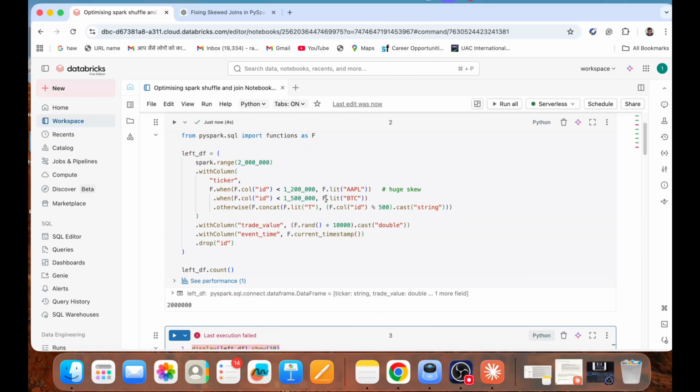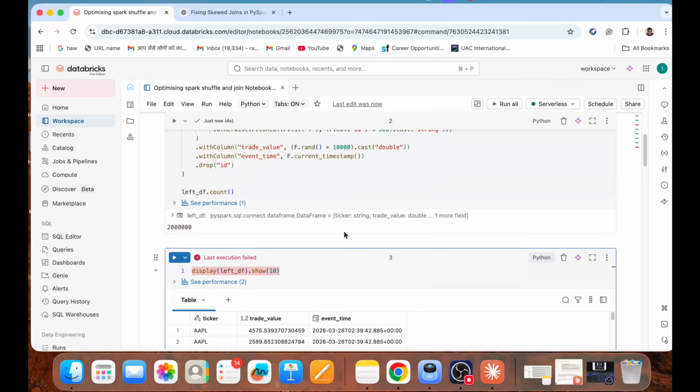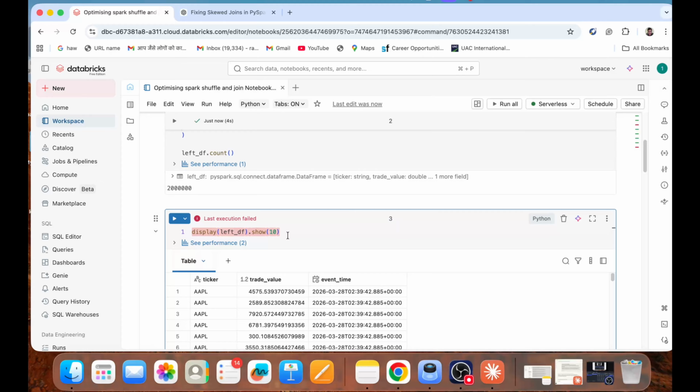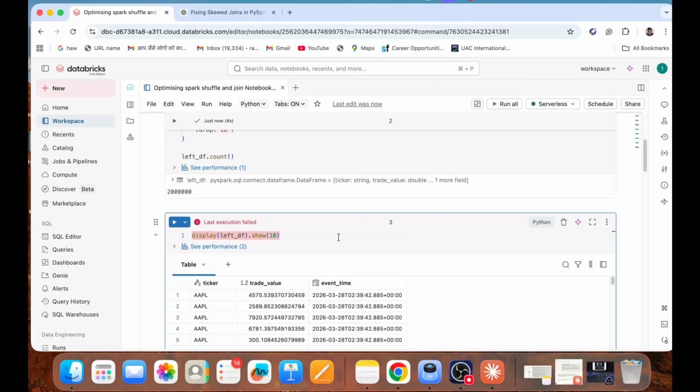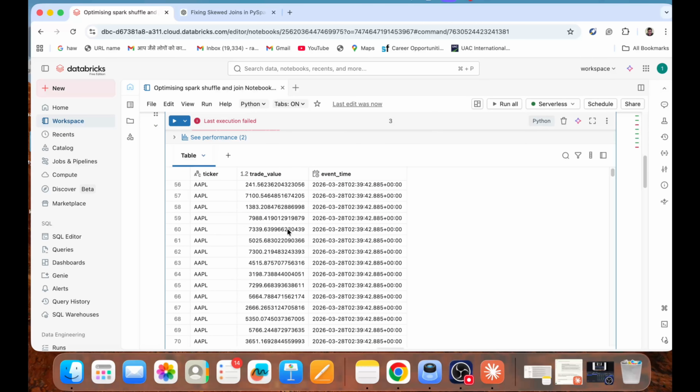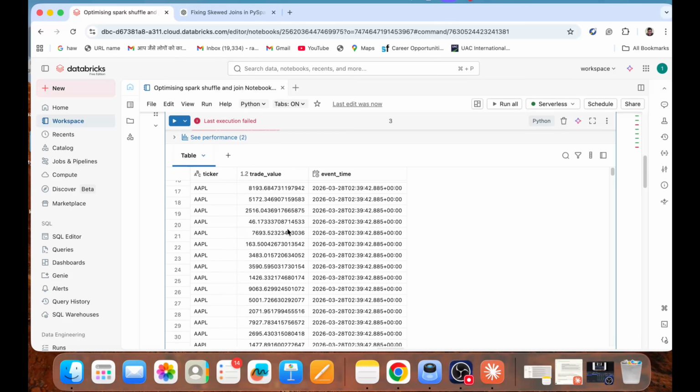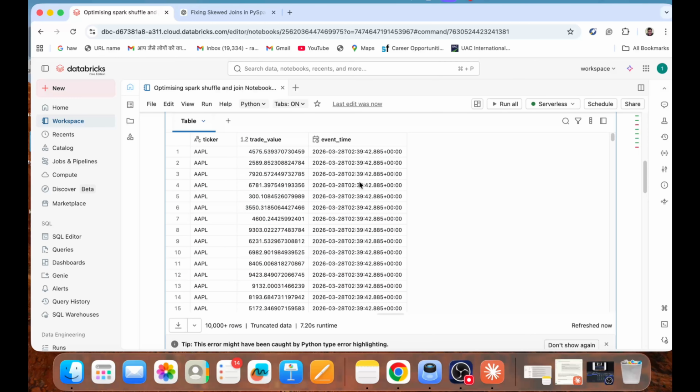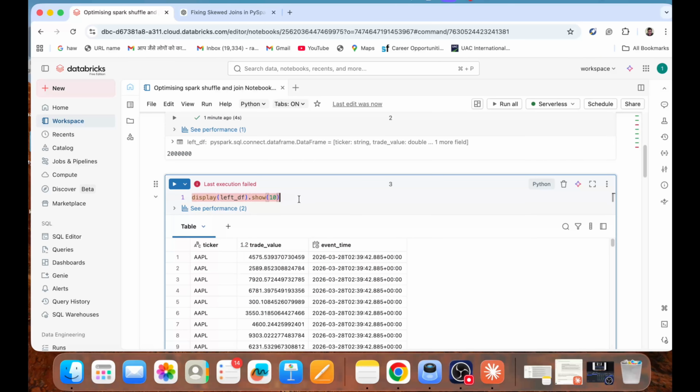Since you have put almost 200,000 records on key AAPL, and then 500 on BTC, this can also be checked. How can you check it? There are so many records on AAPL, so I'm just checking how many records. I just checked 10,000 rows, right? So actually there is